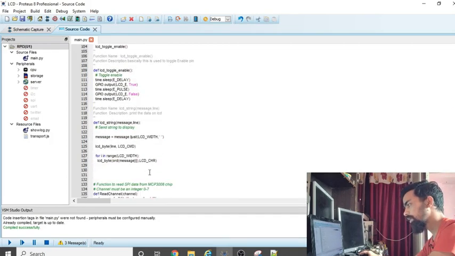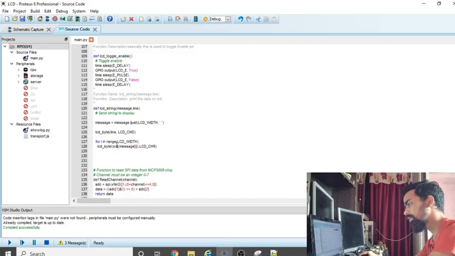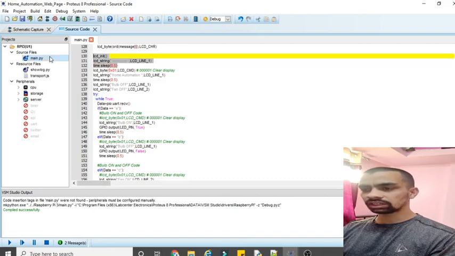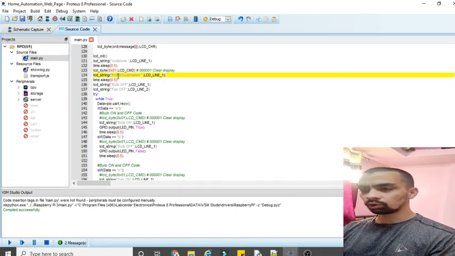Once the W is sent on the LCD, we have to send the E. So i increments to 1, then E will be sent, and with the same logic the whole message is sent on the LCD. Okay, after the welcome message is printed on the LCD screen, now we have to print the home automation message on the LCD. To print any message on the LCD, we will use this function: LCD string home automation, line number 1. In this way we will print home automation on line number 1 of the LCD.